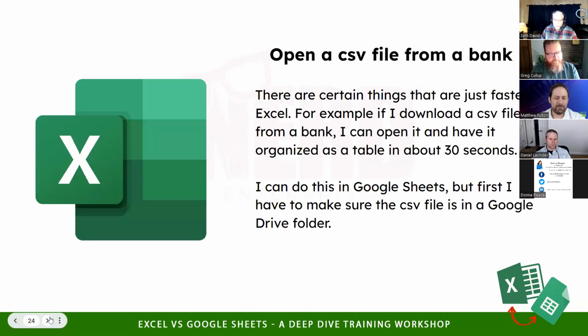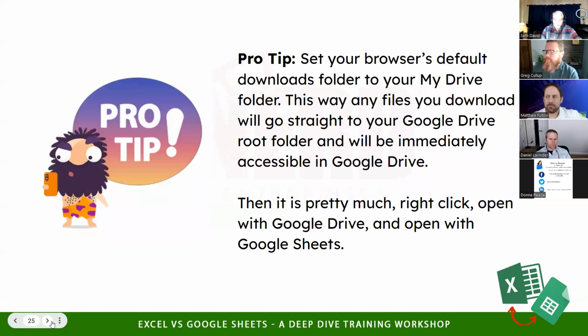So we're going to open up a CSV file from a bank, okay? And this is an example of where Excel is much faster, right? To get a CSV file open in Google Sheets, it's like an extra step or two. I've got to make sure I save that CSV in a Google Drive folder, and then I can pretty quickly open it up in Google Drive. And from there, it's about the same, right? So again, this is one thing where if I just quickly need to format that CSV download from that bank because I'm trying to identify where my difference is on a bank rec, I'm probably going to do that in Excel, right? And that's a pretty hard and fast rule, to be honest with you.